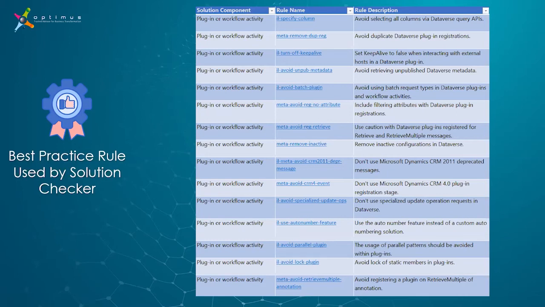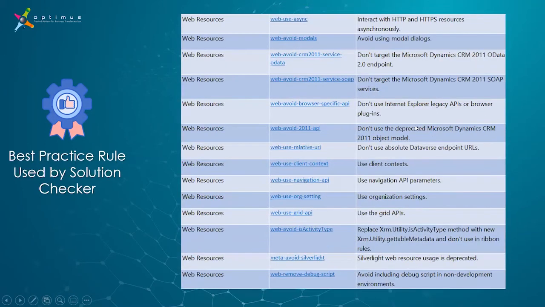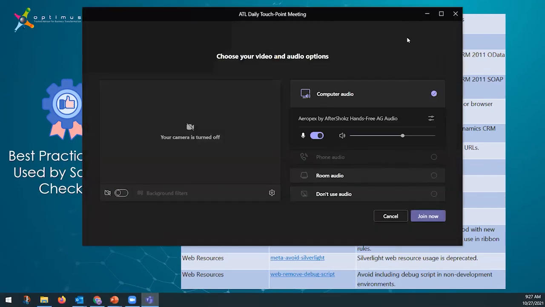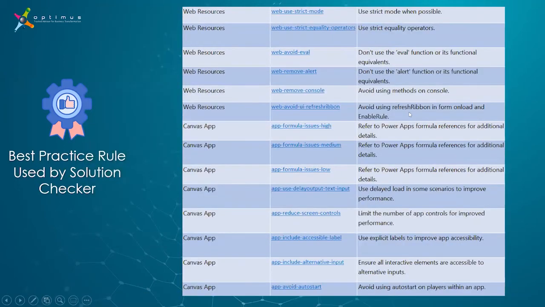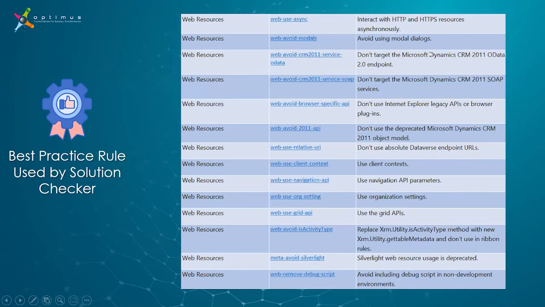In the same way, you're going to receive many different things related to that. And it's always a good idea to review and validate that everything is working according to the standards. Additionally, the web resources, that basically are the JavaScripts and the HTML components like web resources or pages, the solution checker is going to validate that all those components are working properly. For example, it's going to tell you that if you are using